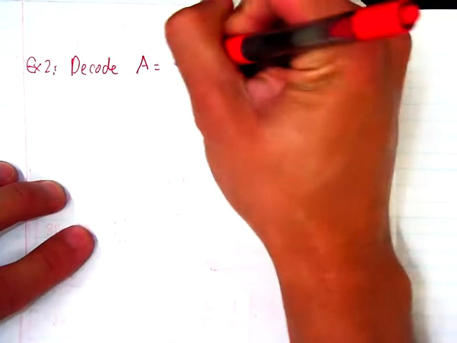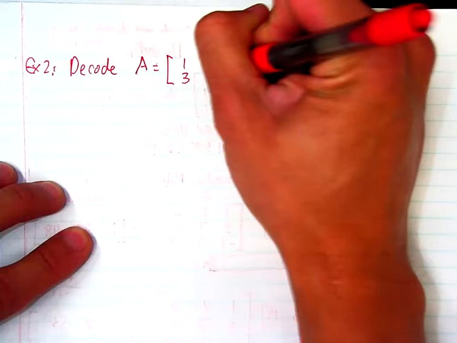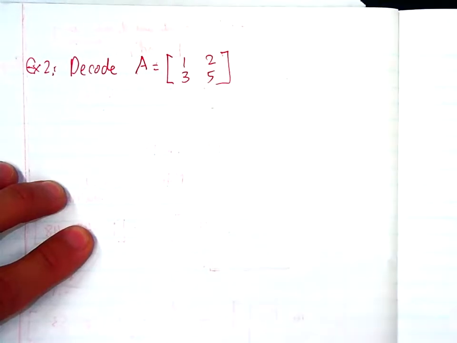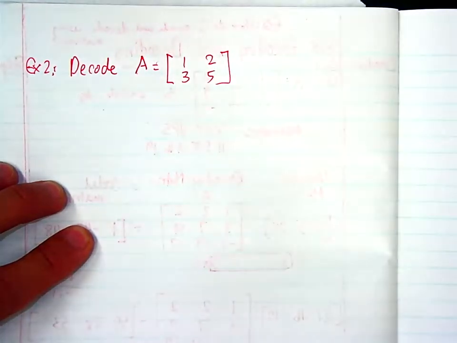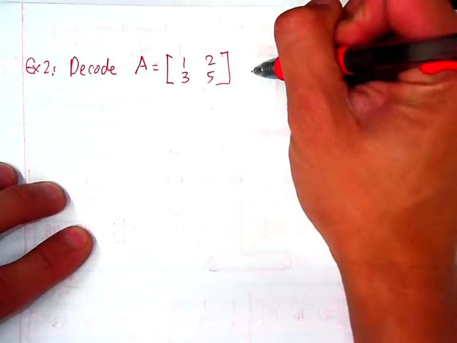A equals [1, 3; 2, 5]. We're going to decode the cryptogram, and let me give you the cryptogram. It's